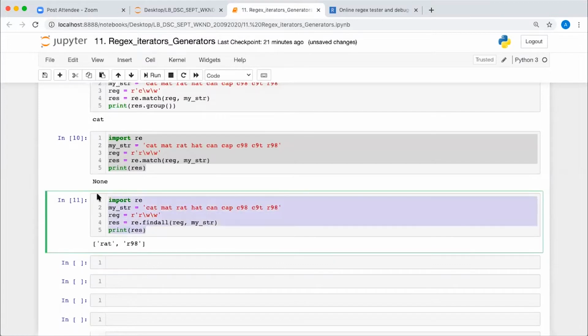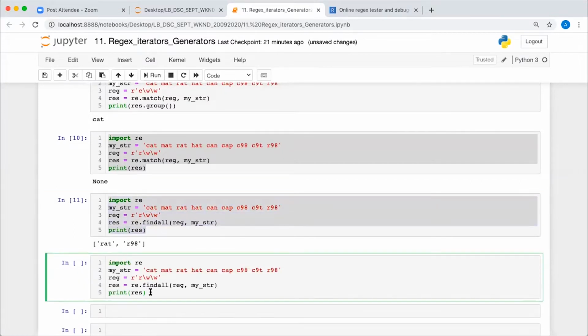Now, next, let's say if you will apply this split method. So split method, you already know from the string; we have the split method in this string also. Split method basically splits the string from the given pattern. Let's say if we have this R98 somewhere in the beginning here, it will be splitting this string based on this pattern. Wherever it finds the match, from the beginning till here, it will be splitting this string. Then after this match, whatever is the next match, starting from this space to this space, it will be another match. Then from this space to the end, it will be another match. So it will be splitting this string into 3 parts and it will be returning a list object.